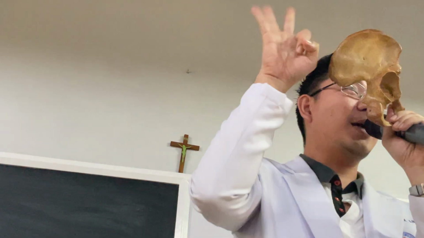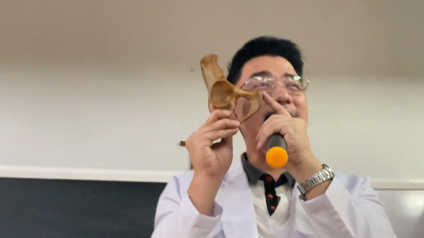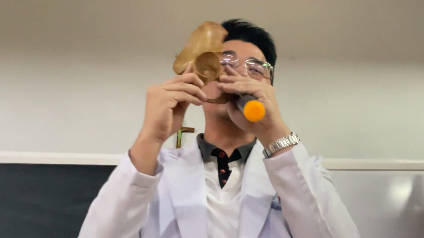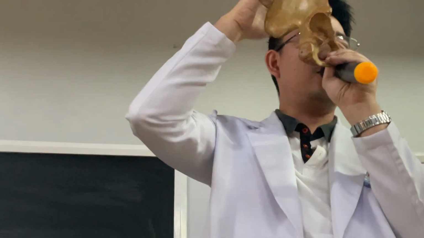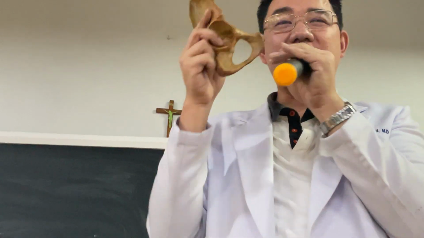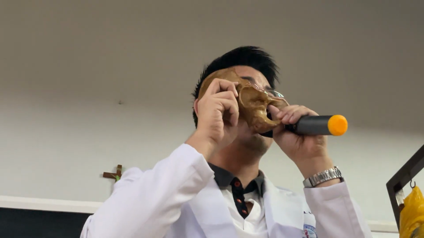Again, what are the three parts? You have the ilium, which is the bulk of this. At the back part, you have the ischium. And this part here is the pubis. So far? If we color the whole thing here, you write ilium. If we color everything here, you write ischium. If you color everything here, you write pubis.